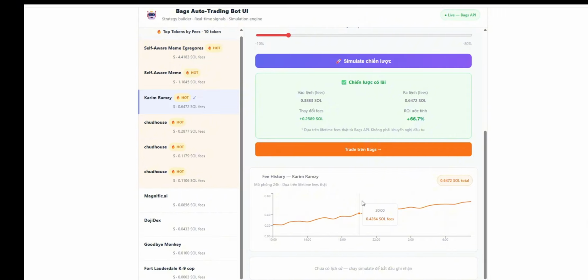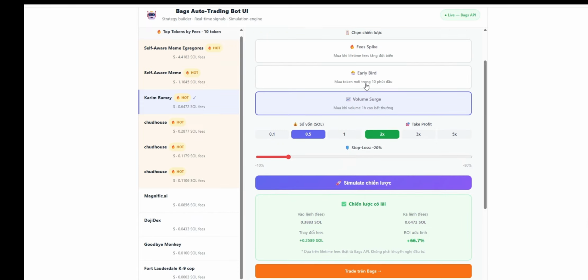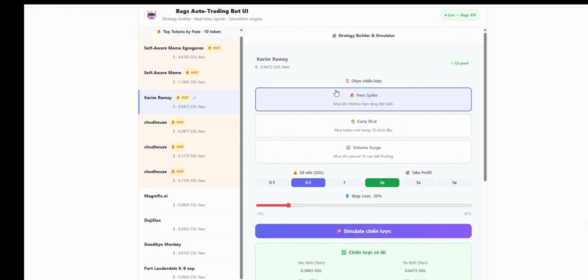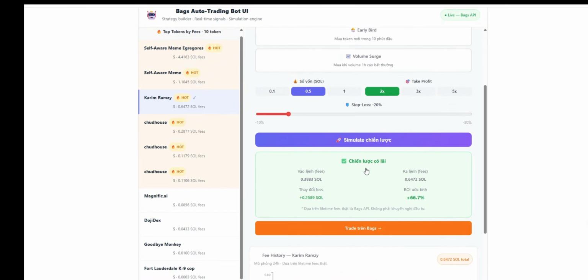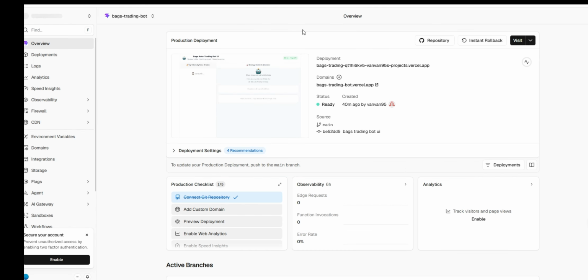At the end of the day, Bags Auto Trading Bot isn't just about automation. It's about giving you a smarter, more structured way to approach trading. You get the ability to test, analyze, and execute all in one place. So if you're looking to improve your decision-making, optimize your capital, and trade with more confidence, this is definitely a